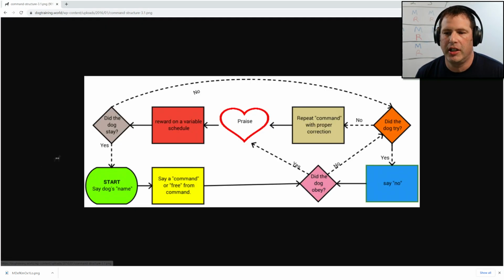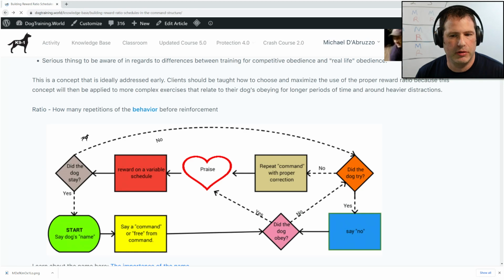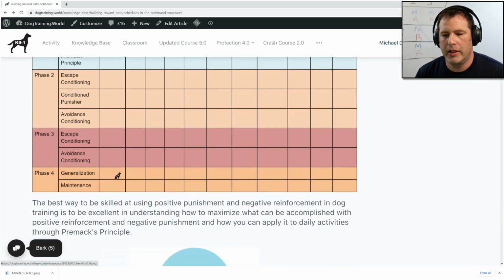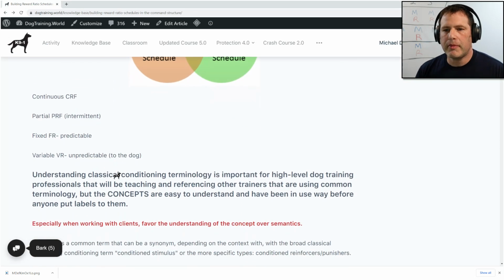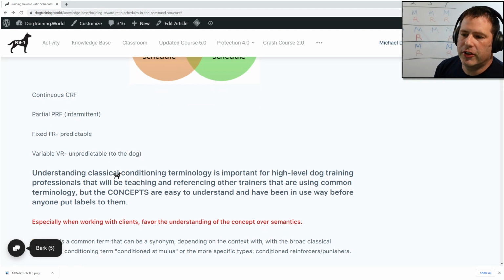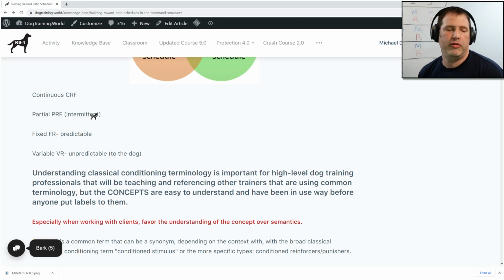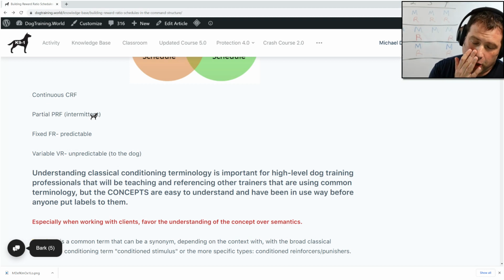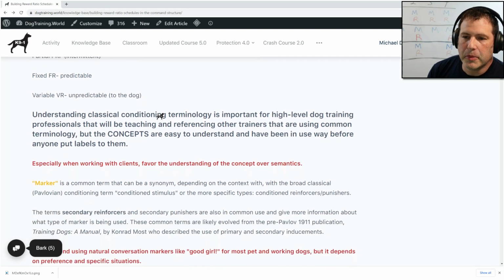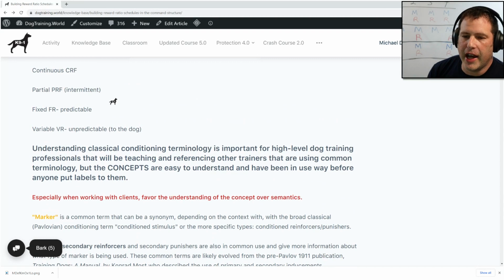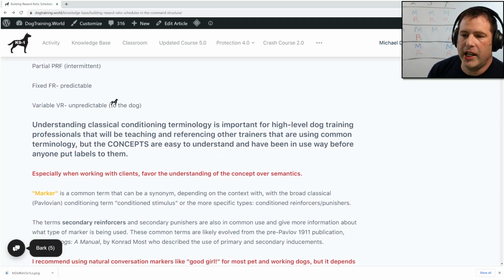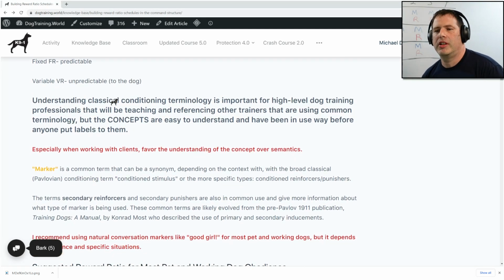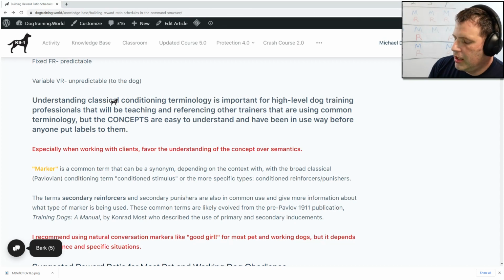So that part varies depending on what type of training you're doing. Now, I'm going to go over the different types over here. I'm going to show you examples, all right? We're going to go over continuous reinforcement schedules, and different types of partial, fixed, and variable. Just like there's going to be some classical conditioning mixed in here,